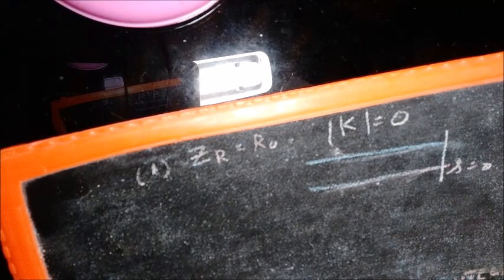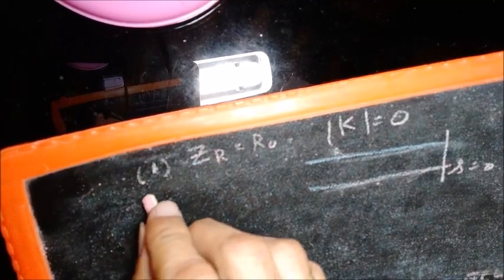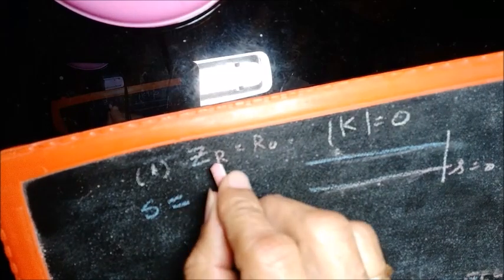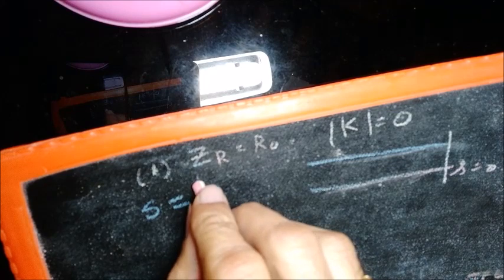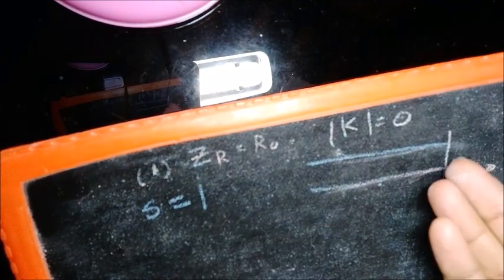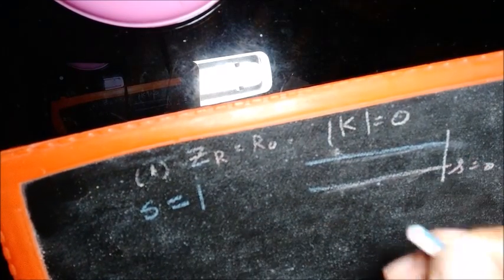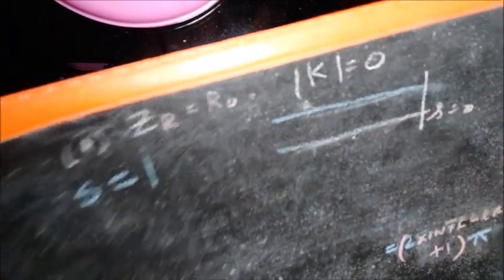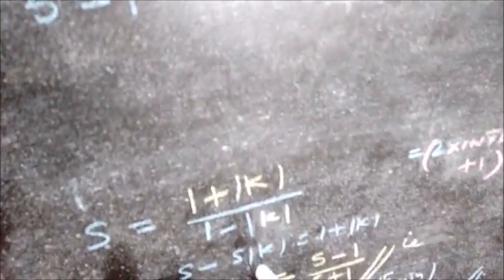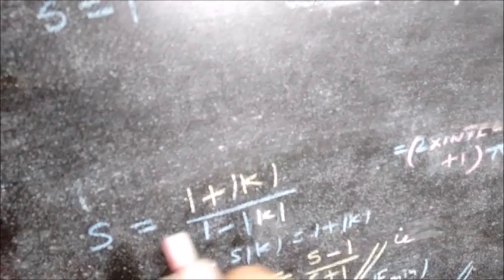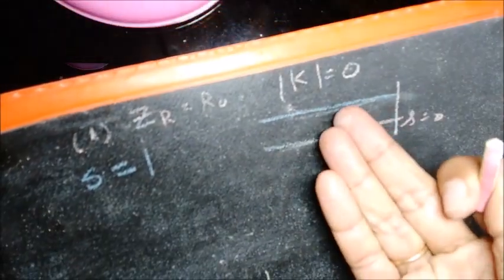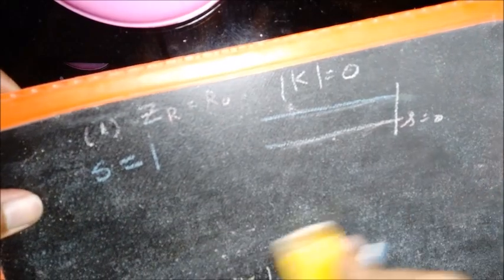So Emax becomes equal to Emin, which means that the standing wave ratio has to be 1. Whenever the load impedance is equal to the characteristic impedance of the line, the standing wave ratio is 1. There is no reflection. You can see that it is 1 from the expression also. K becomes 0, there is no reflection coefficient, S becomes 1, and S becomes 1 because Emax is equal to Emin. That is one case.